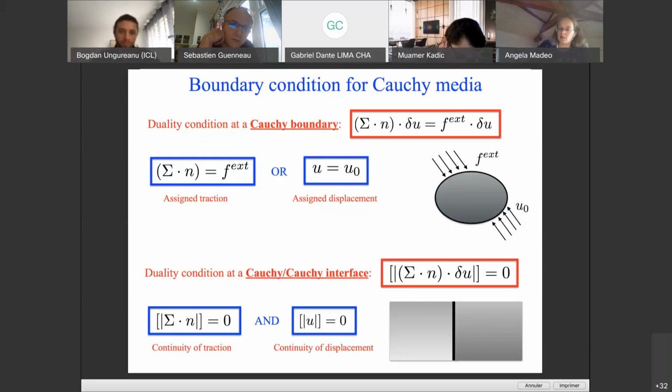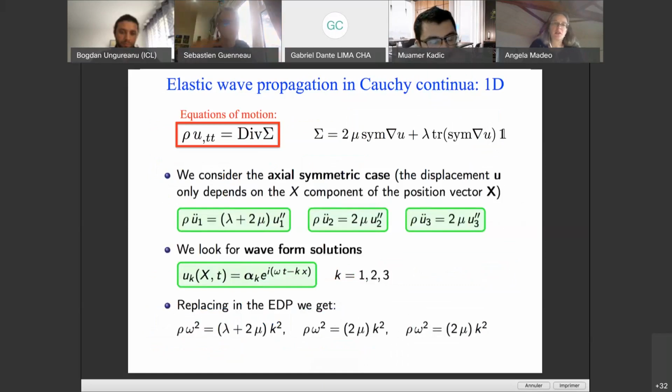So here we are, all happy and familiar. To continue the treatment that we make with such equations, now we take the equations of motion and we want to study plane wave propagation. So just to sketch the results, already for Cauchy, I take the simple 1D case because calculations are very simple to do, also by hand.